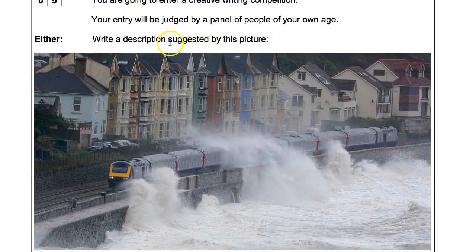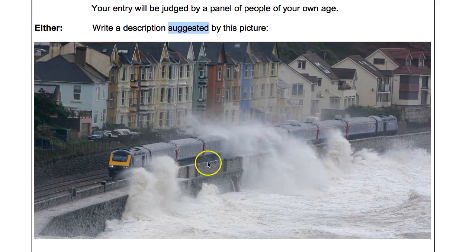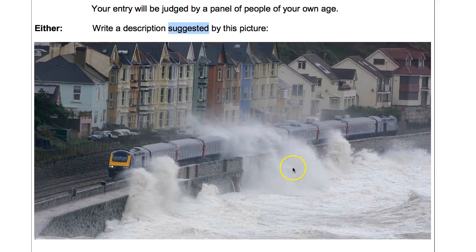Previous videos have also looked at this word here, and that is a liberating word because it tells you don't have to write a description about this picture. You could just write about what the picture suggests. You can follow the links with the cards up here to my other videos on this question, but today I'm